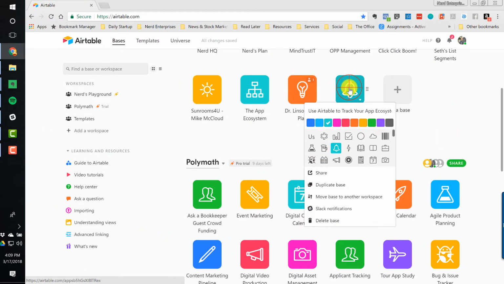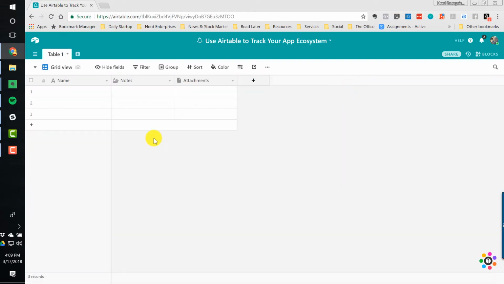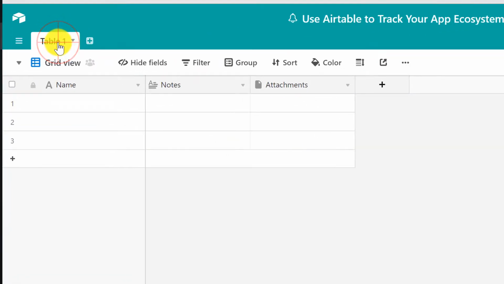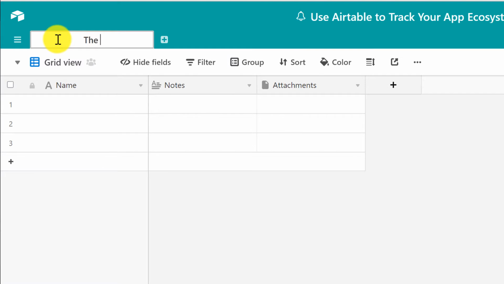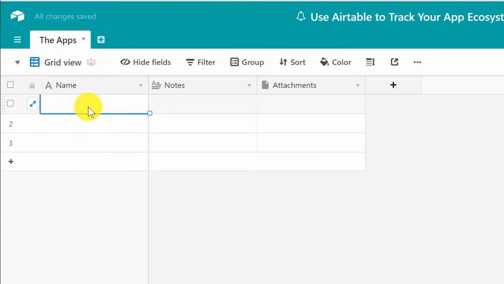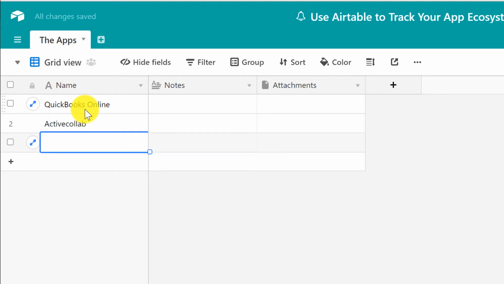And then once you've created it, you click in and you have pretty much a blank template to work off of, right? So the first table is going to be the apps, right? And you might even want to start out by simply listing the apps as they come to mind, just right off the top of your head. Say, okay, we've got QuickBooks Online, because I know that's what I'm using for the accounting, right? I've got Active Collab for project management. I've got Nimble for my CRM,